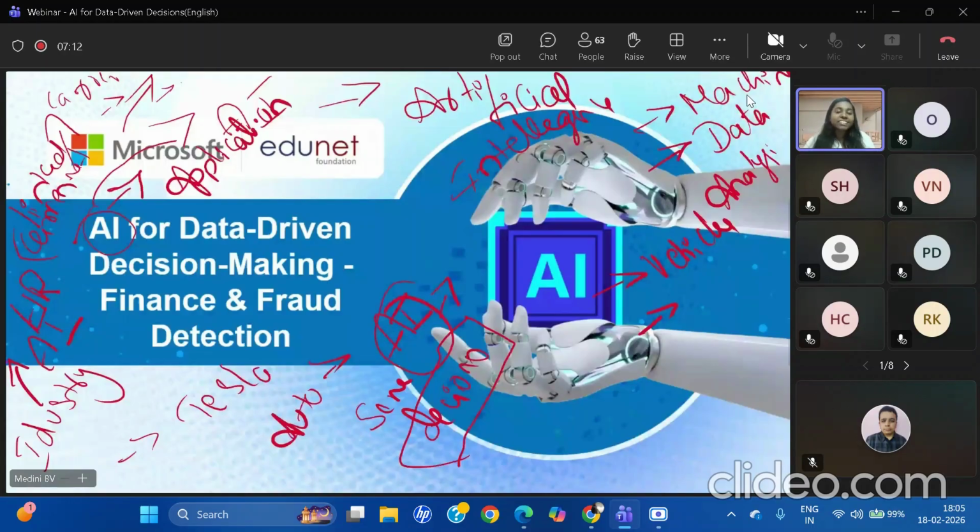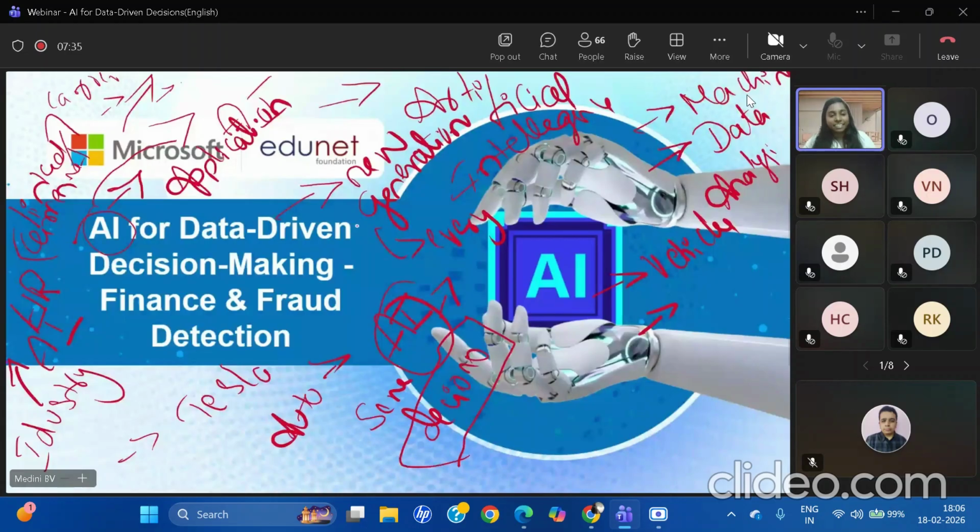So today AI is not just a word. It is an entirely new generation skill, correct? Everyone, irrespective of whether you are from an engineering background, a commerce background, a science background, or an arts background,